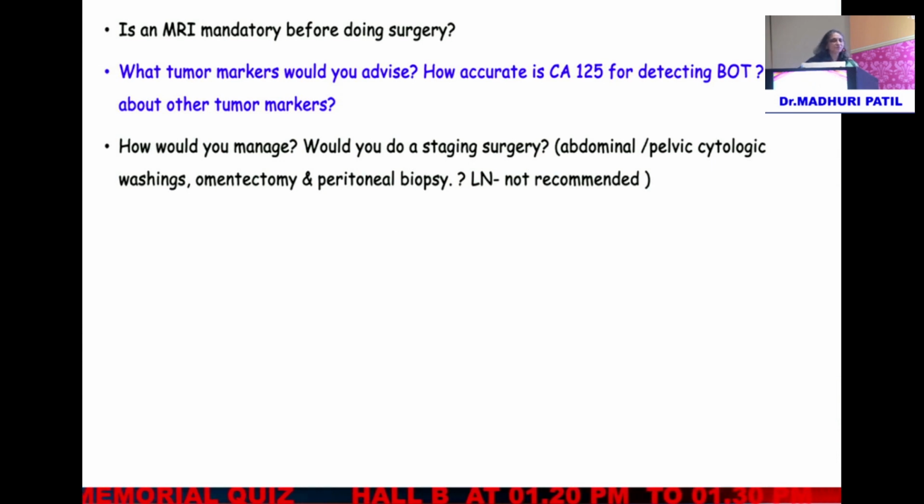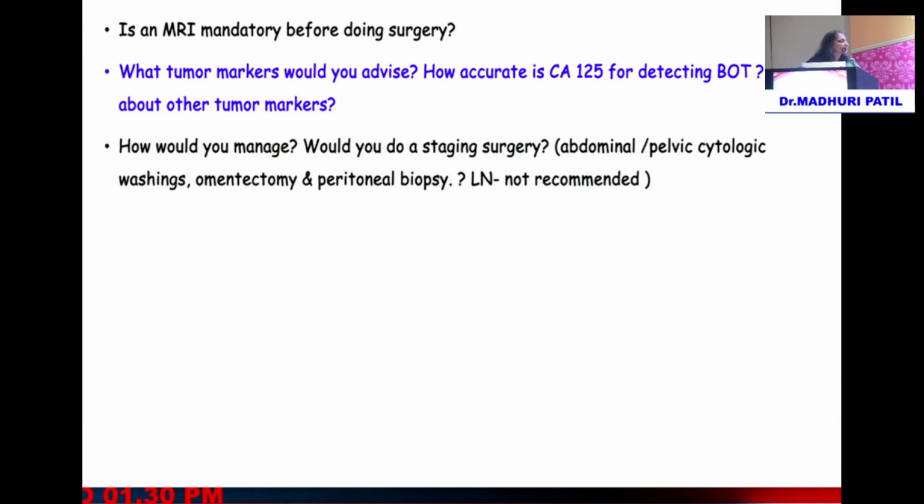Because I think we don't do an MRI in all the patients. I think Dr. Neetu had an excellent talk in Hall B, on the same topic, borderline. She gave us an excellent lecture. I think a good ultrasound with the IOTA Next model will be better. You need not go for MRI for all patients. The IOTA Next model is better at picking up solid areas and papillary excrescences, especially by transvaginal sonography, which is more sensitive. So MRI is not needed in all cases.